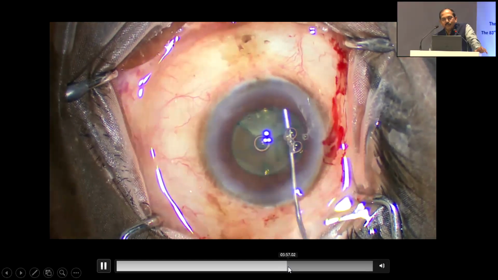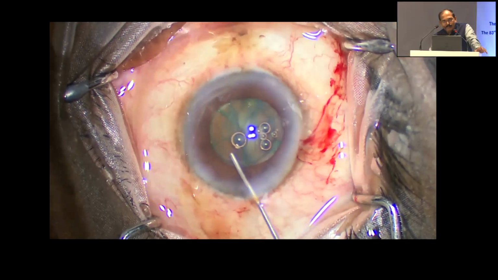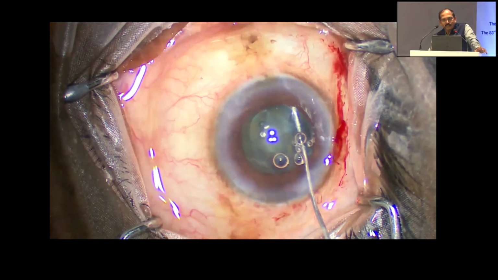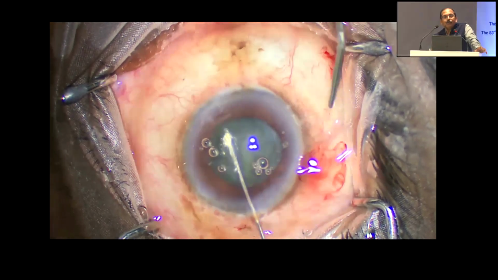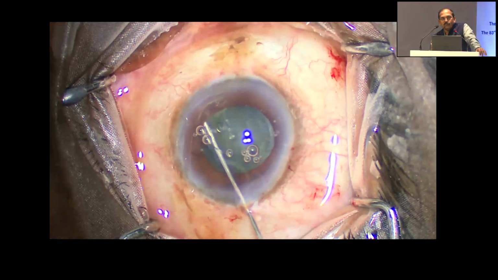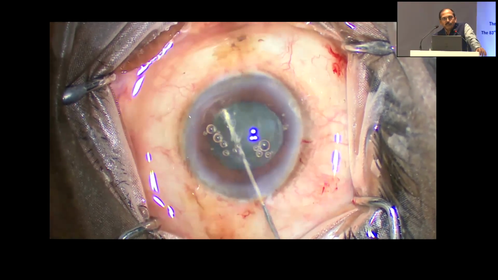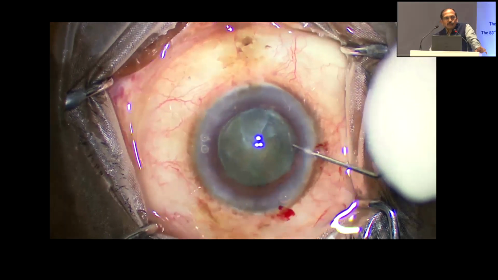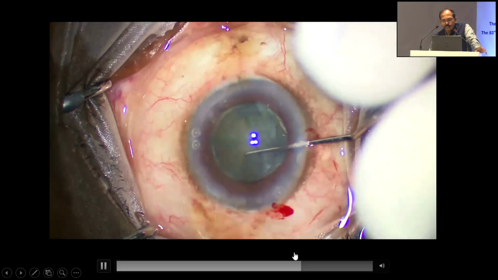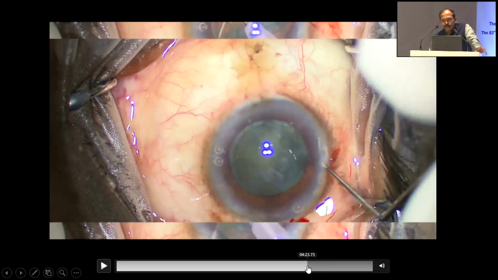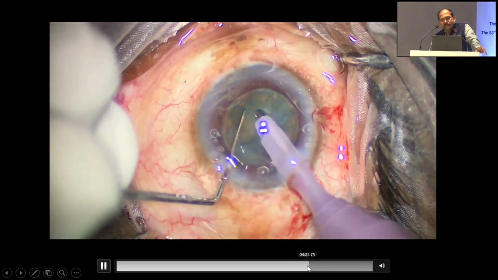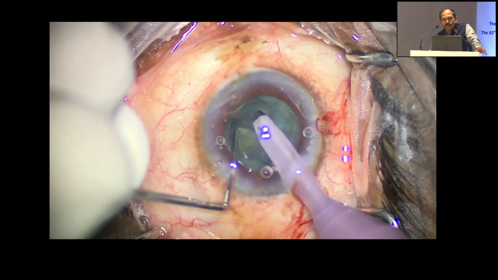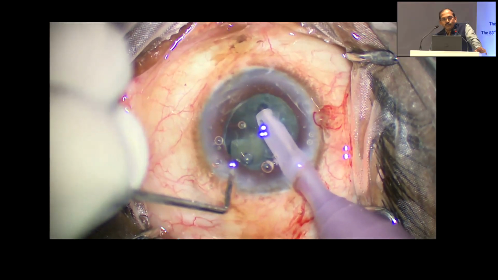But at the same time, I just want to make my point. See, this is a case which I had my fellow operate. Of course, not just because of this, it just happened. I had done the LenSx. So this is how you take the learning curve out of this. This newbie surgeon is operating where I've made 6 cuts in the nucleus. It's a pretty good case for a beginner anyway. And it's not very difficult for a new surgeon. So this is what I'm saying. It takes the